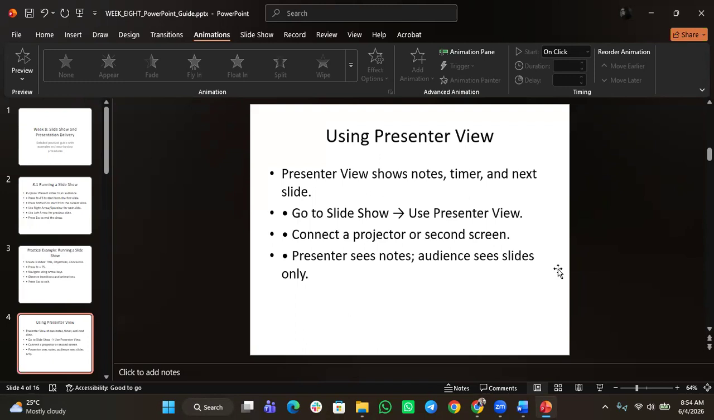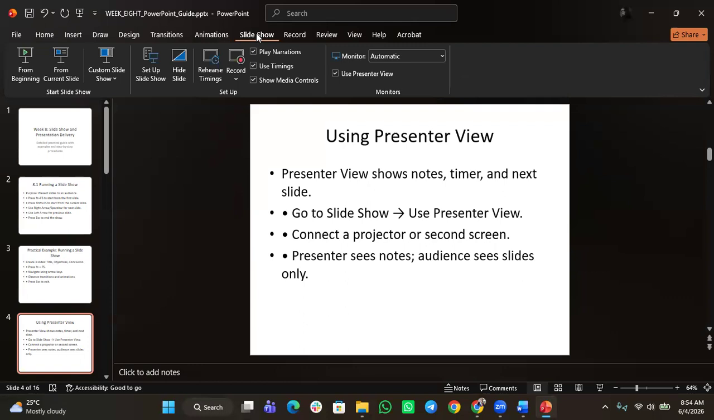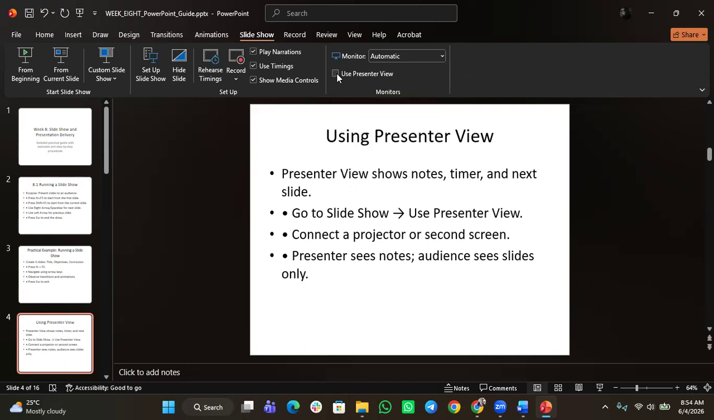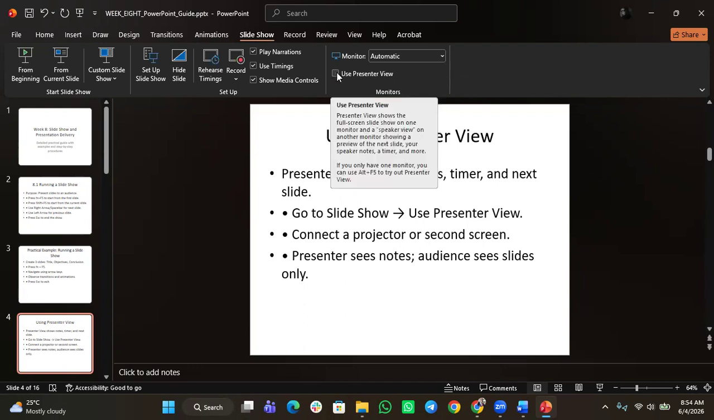How will you do that? After you have added the notes to your slides, then you will go to slideshow. When you go to slideshow, you are going to see use presenter view. You are going to tick it. Now it's ticked already. If I don't want to use presenter view, I will uncheck it. But if I want to use it,